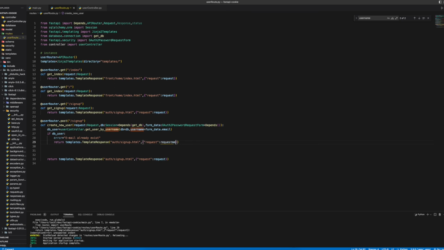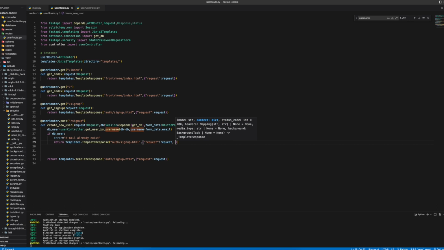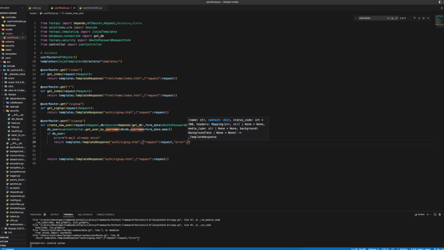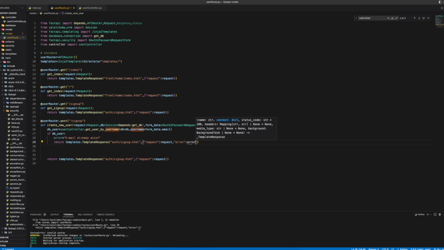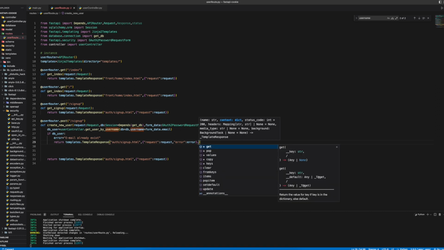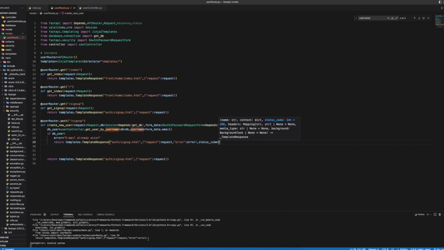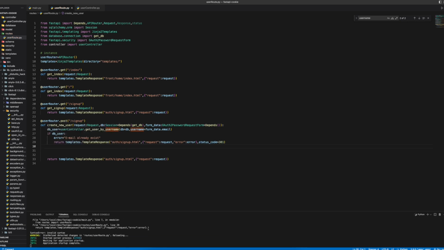And from here, error should be error, and maybe with status code, I don't know, maybe status code 301. Okay, now it looks better, of course. And if user does not exist, else,